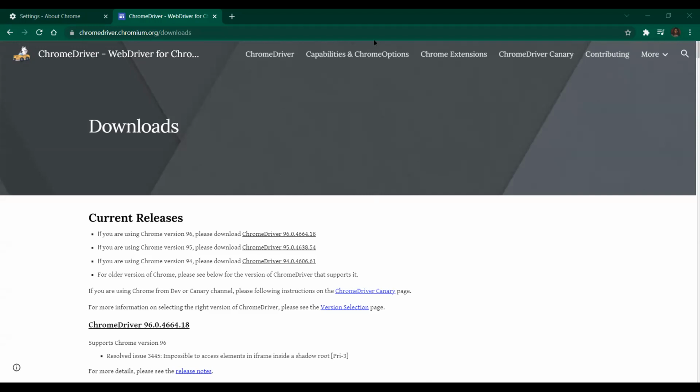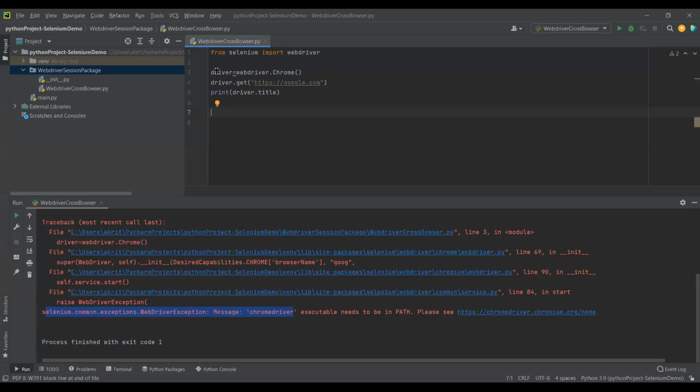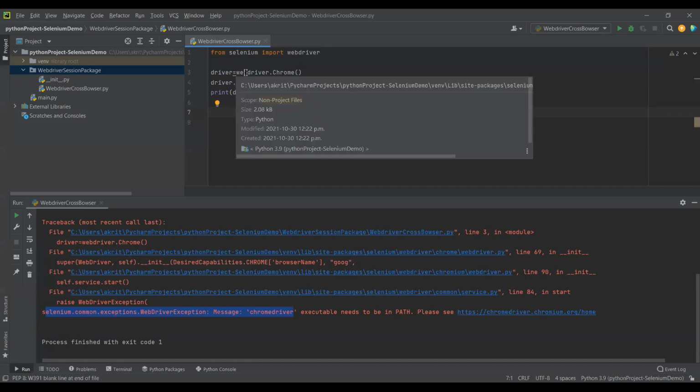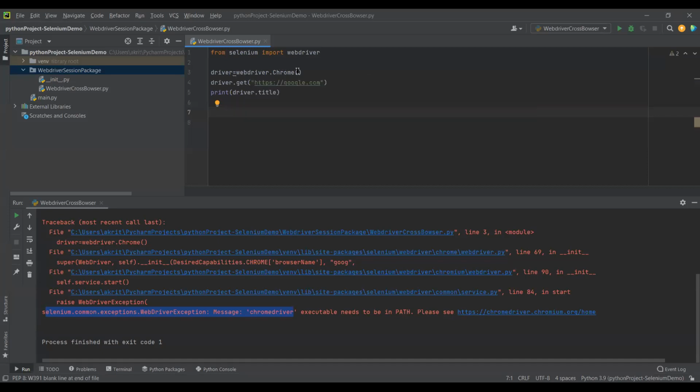When the script tries to initiate and execute this, it says, okay, fine, I have created a driver and picked up the webdriver.chrome, and here it is saying I need a path. Where is the path so that I can pick the driver from? The Google web browser that we have installed is not the alternative for the driver. So we need to explicitly get the driver from the path that we are going to mention here.